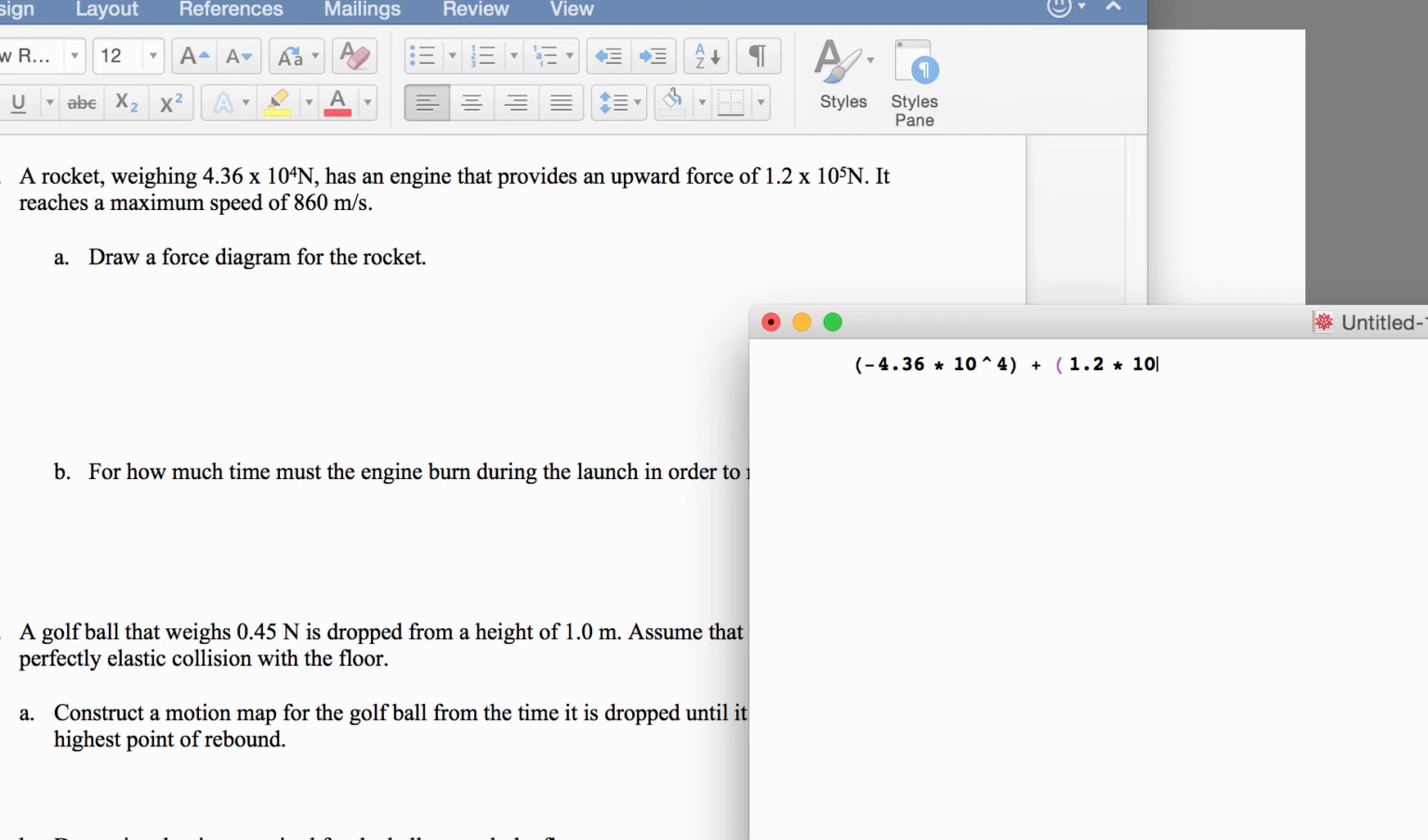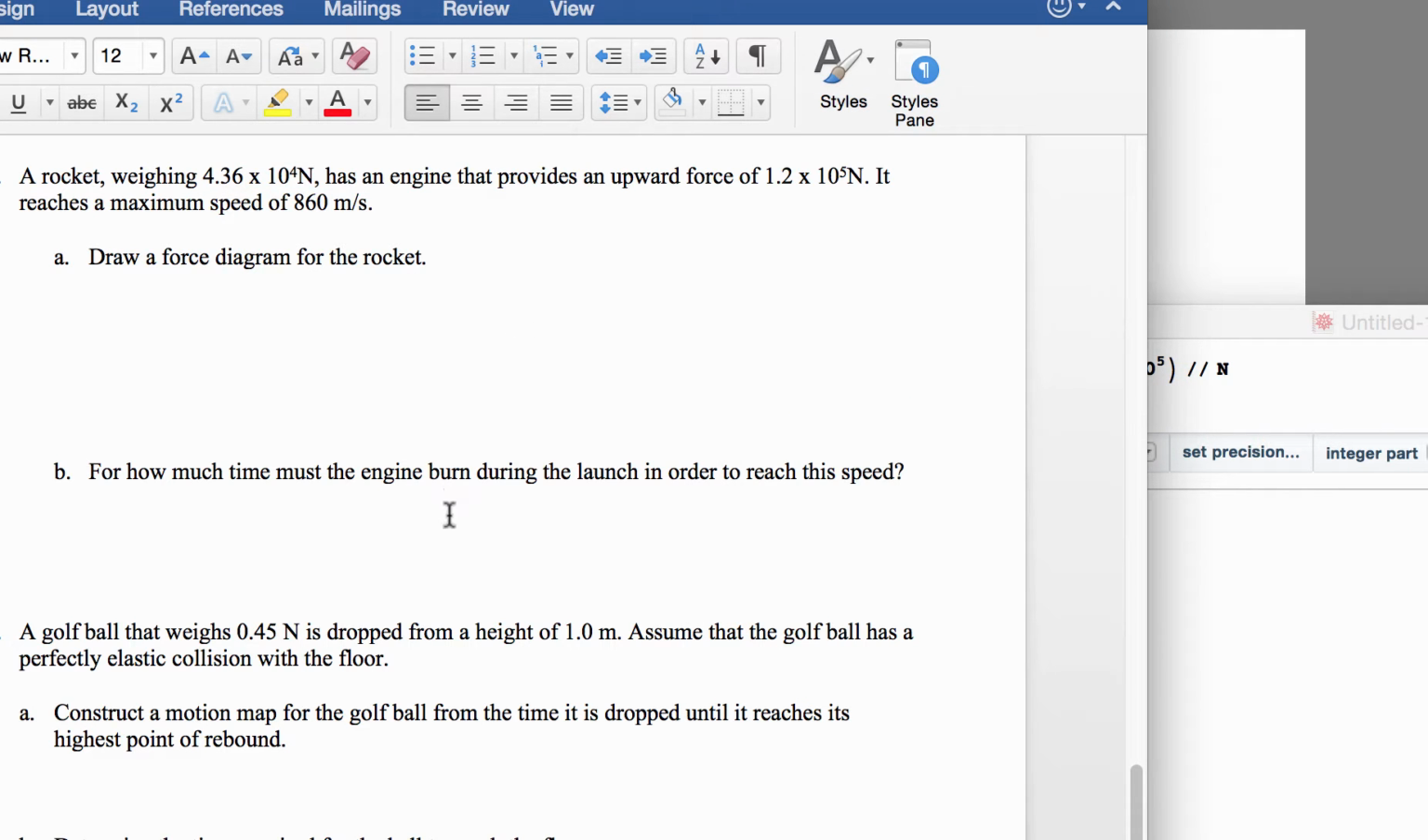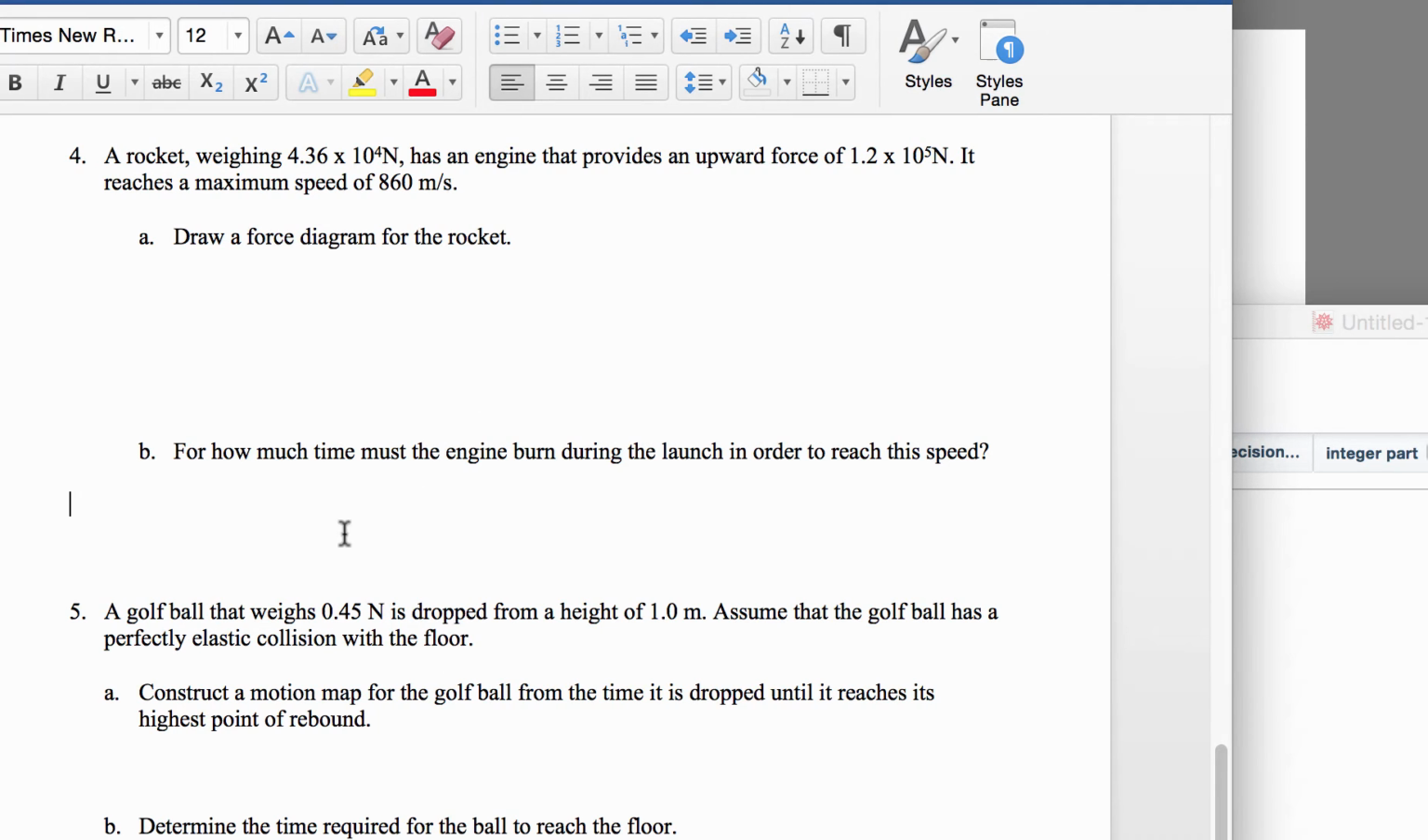Again, there's no difference between the caret, that's the symbol, it's called the caret, and showing the exponent. I'm going to add this together to give me a number. So 76,400. So I've done that. So what is this asking? Well, first I'm just going to write down what I know about the rocket before I do anything. I know that the net force on the rocket is 76,400